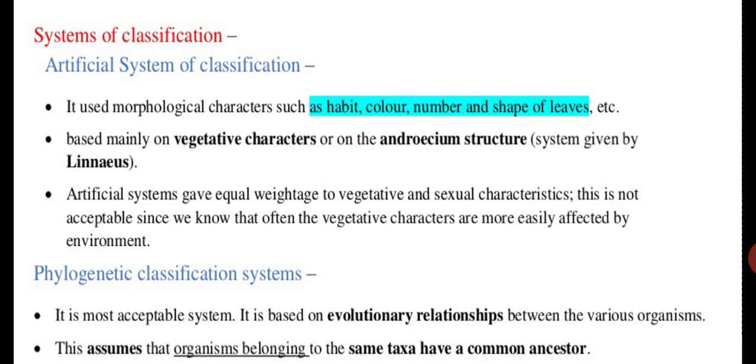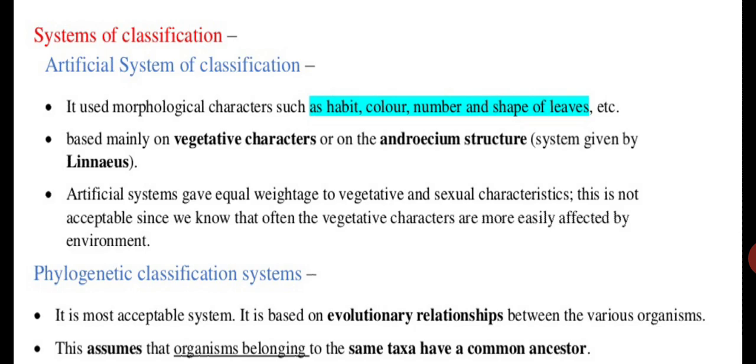These are only the vegetative characters, or it can be some Androecium characters, like how many stamens they have, whether the stamens are together or free. So on the basis of the vegetative characters, the Androecium structure and the outermost appearance of the plants, these plants were classified into different